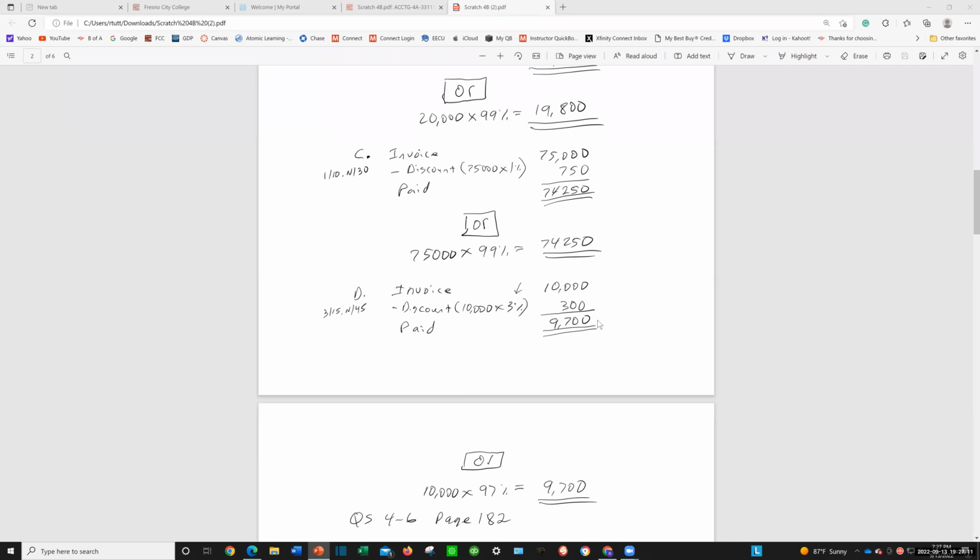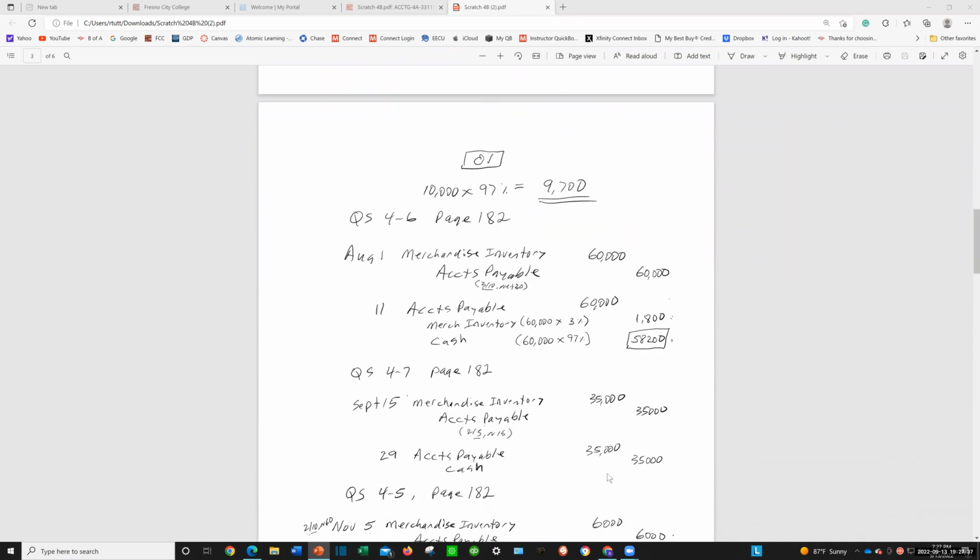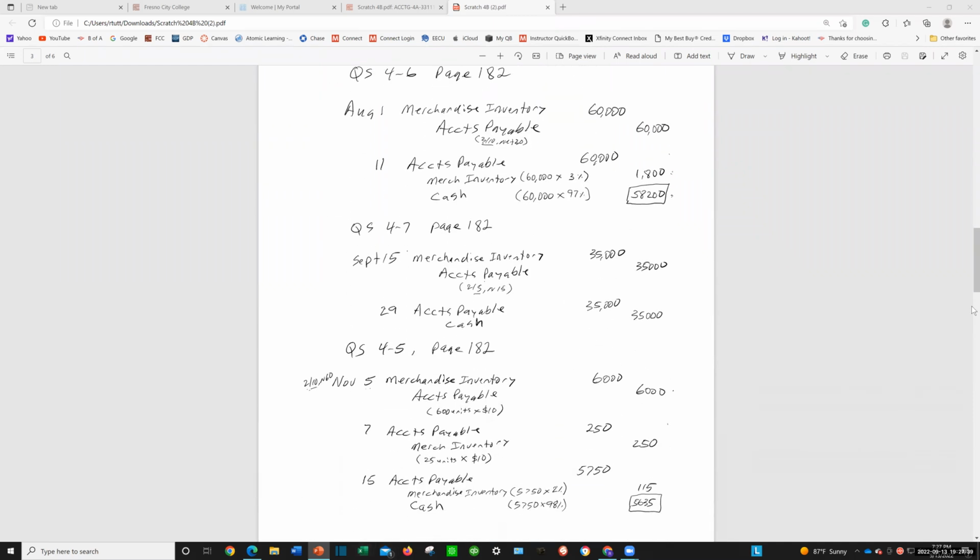Now the complement method, you think about this. We're going to get 3% off. So that means we're going to have to pay only 97% of it. So 10,000 times 97% equals 9,700. Okay, that's how it kind of works. I think next we're going to do this, but not yet, but I think I can get it set up for us. Okay, let's go back to